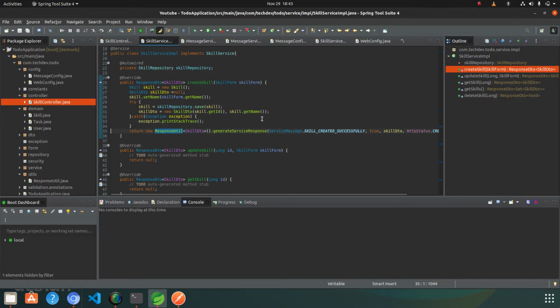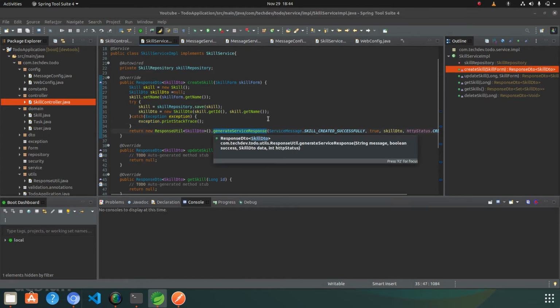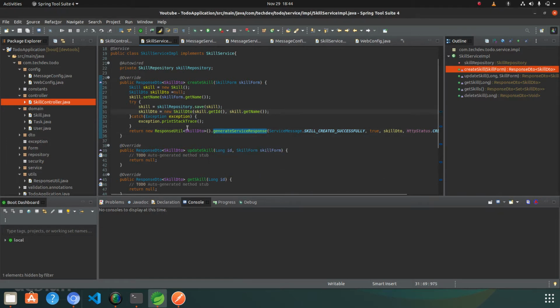Okay, so after this you can see that I am not handling the exception here. I am just giving the print stack. So in our next video I will explain you about the exception handling in brief. So instead of concentrating on the exception handling part of this API, we are trying to concentrate only on just a simple way to create the API development, means the REST API development. So for that, now we are able to check this API using the Postman.